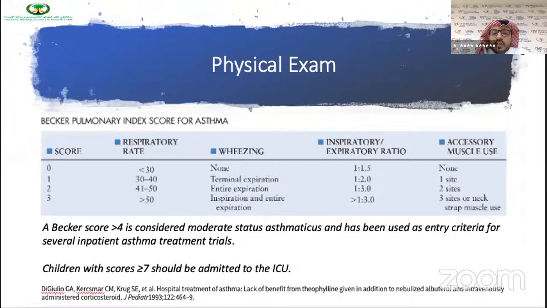So a Becker score of more than 4 is considered moderate status asthmaticus, and has been used as entry criteria for several inpatient asthma treatment trials. Children with a score of more than 7 should be admitted to the ICU. It's worth mentioning that such scores are valuable in clinical studies, but they are not effective in predicting the progression of